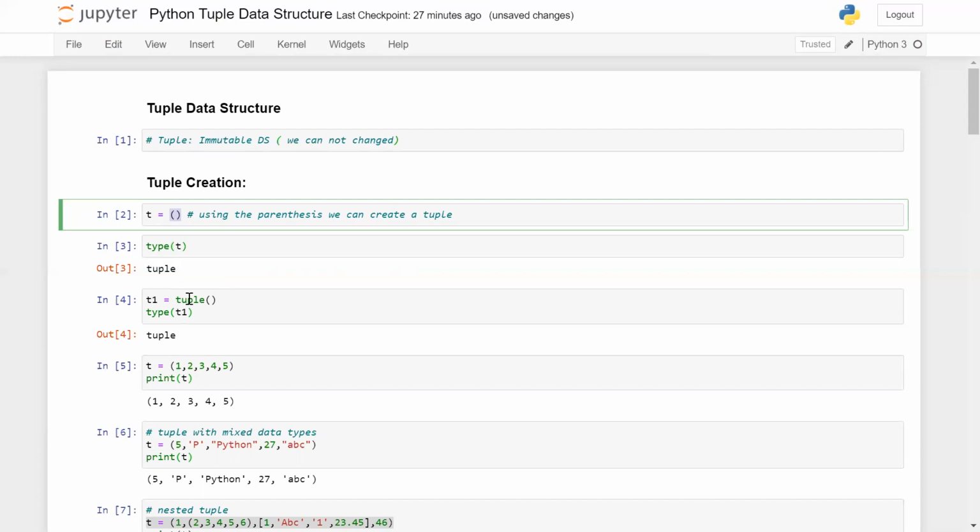Tuples provide a few features in Python. As tuples are immutable, iterating over a tuple is faster when compared to the list. So in case you don't want to lose your data, I recommend using the tuple data structure. Most data analysts and data scientists use tuples compared to lists, but eventually both data structures are very powerful for handling data.